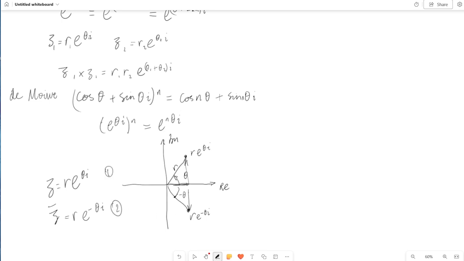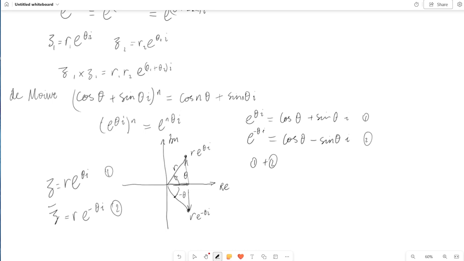This actually leads to a fairly interesting relationship, because if we have a complex number, e to the power of theta i equals cosine theta plus sine theta i, and its conjugate e to the power of minus theta i equals cosine theta minus sine theta i. Okay. We do have a pair of conjugates. Let's call them 1 and 2. If we add them,